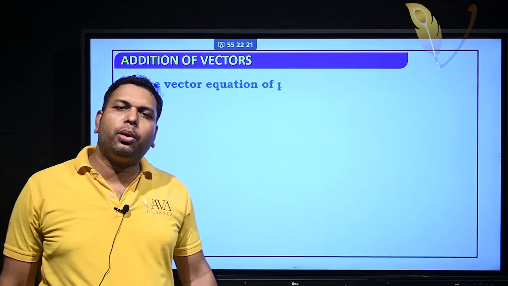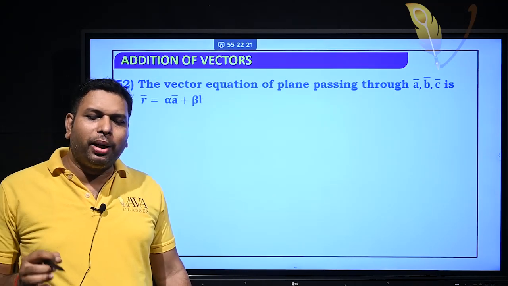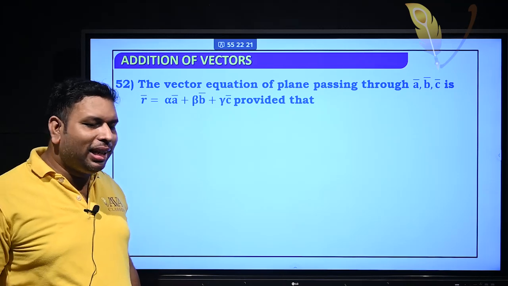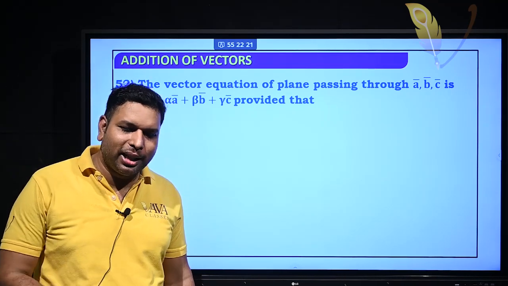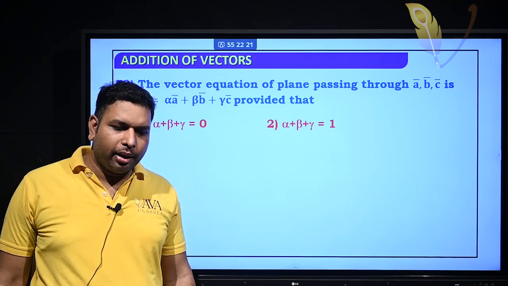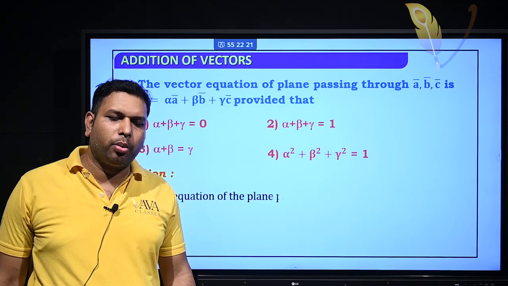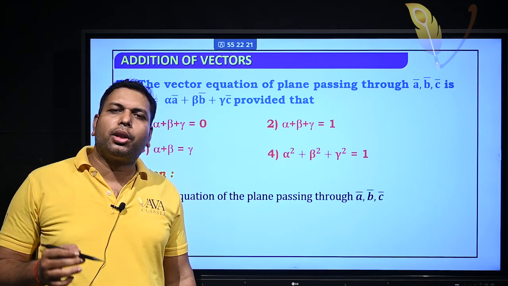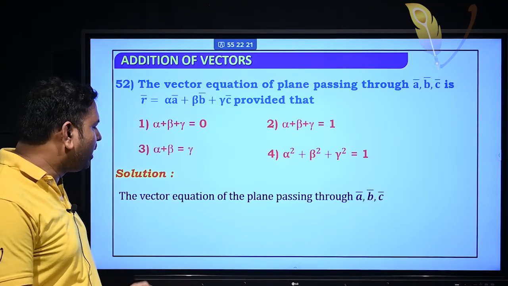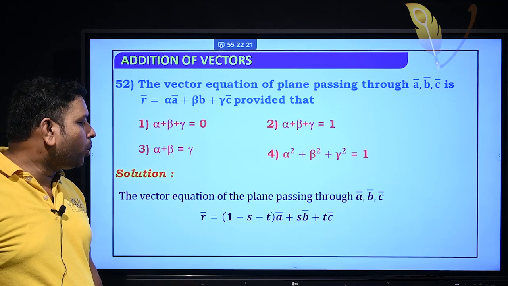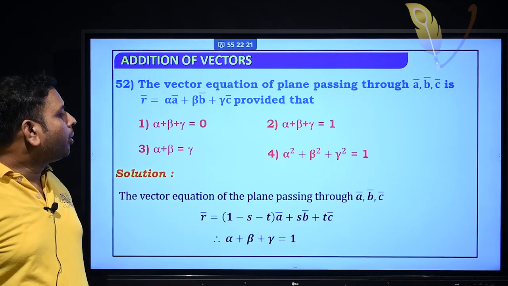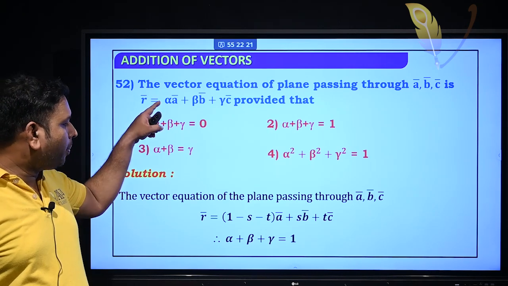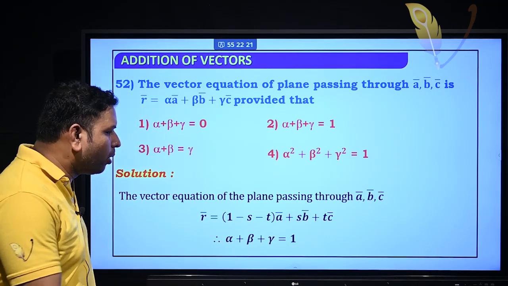Now question number 52. The vector equation of the plane passing through A, B, C is r = alpha A + beta B + lambda C, provided that, these are the options, students. The vector equation of the plane passing through A, B, C: r = (1 - s - t)A + sB + tC. Okay. Here alpha is 1 - s - t. If you compare, you get